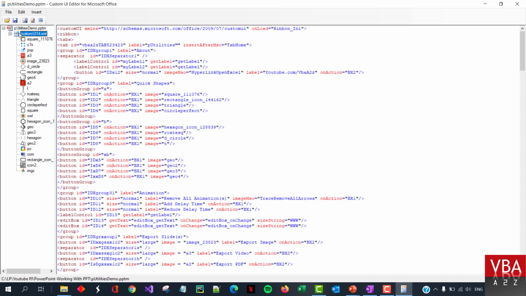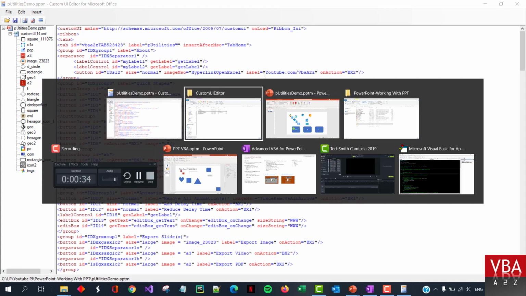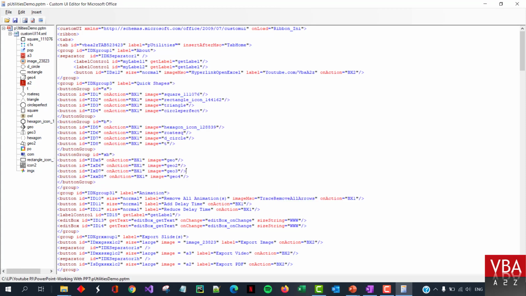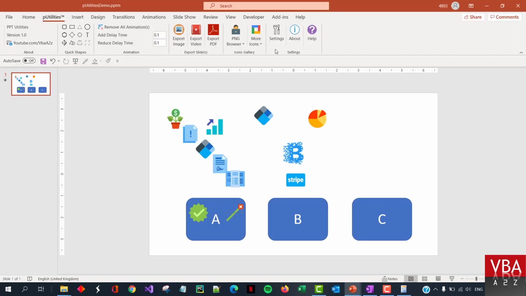So you'll need to first import all your images here, and then you need to change the name of your images in the way you want. If you have not referred to the ribbon-X series, please do check it out. I will upload this XML so that you can customize it in the way you want for your PowerPoint. And then these are basic icons which you click, and then you can call your code based on